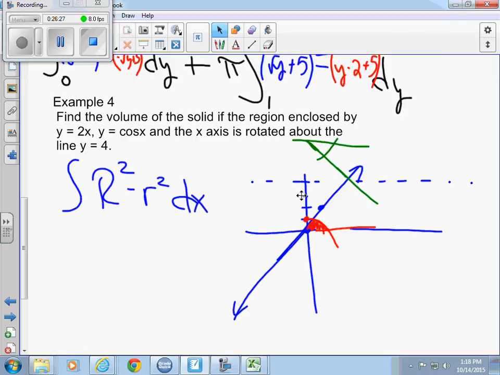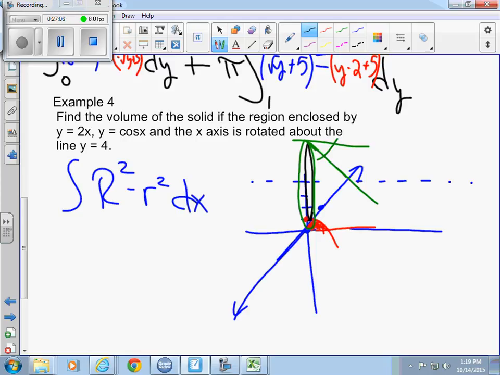Okay, so let's take a quick glance over here when I first start. The inside circle has to do with the line. What does the outside circle have to do with? The x-axis, right? Everyone agree? Do I ever use the cosine curve? Yes. When I move past the intersection, does everyone agree? When I move past the intersection, then the inside circle